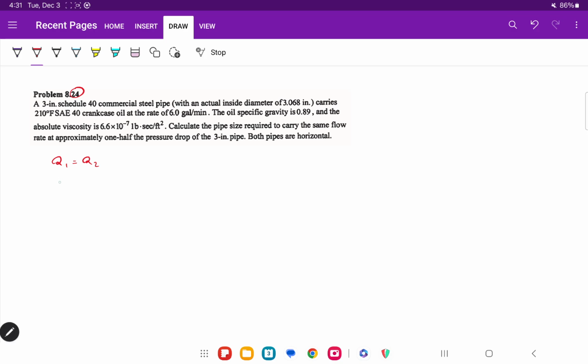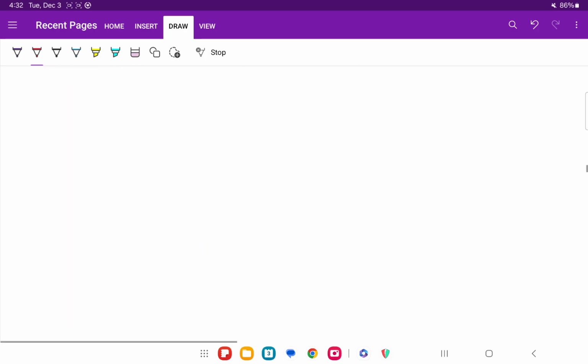And the other difference is here delta P2 should be 1/2 times delta P1. So this is the only difference, it's actually easier. You need to add this one, and wherever you had Q1 and Q2, they're equal, so you can cancel them. So I don't want to solve this problem. It's completely similar to the previous one. Next problem